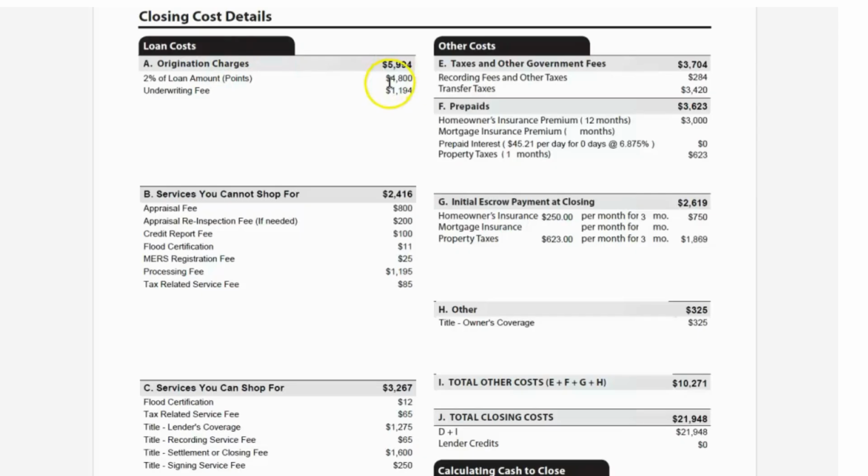This is a way of thinking about it: it's what it's costing you to get the rate that you're getting. And there's a 2% point here for the loan, which totals $4,800, and then there is an underwriting fee that the lender is charging, totaling